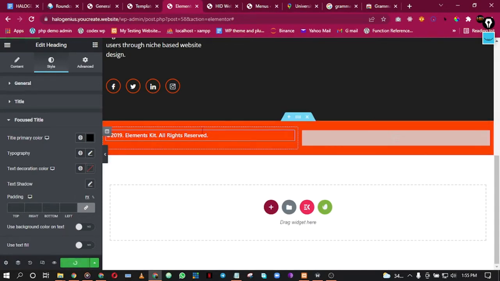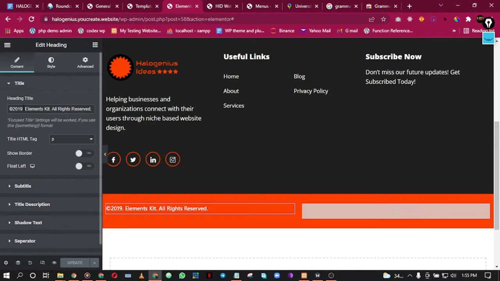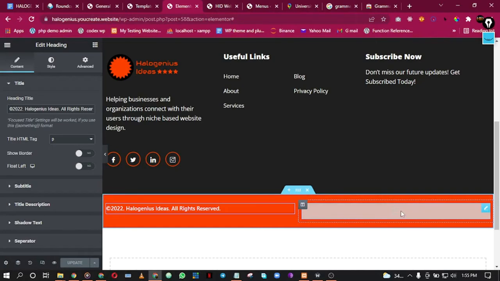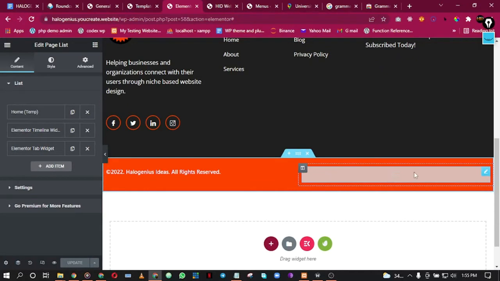So let me edit this text over here. The content. This will be 2022. So what can I put here? This particular thing here is supposed to, I don't want to leave it empty. So I think one trick I can play here is to